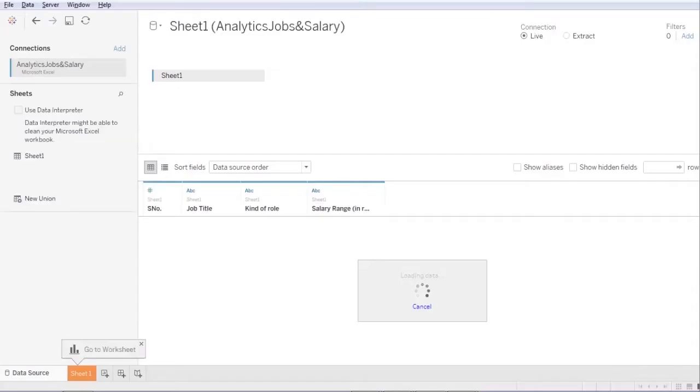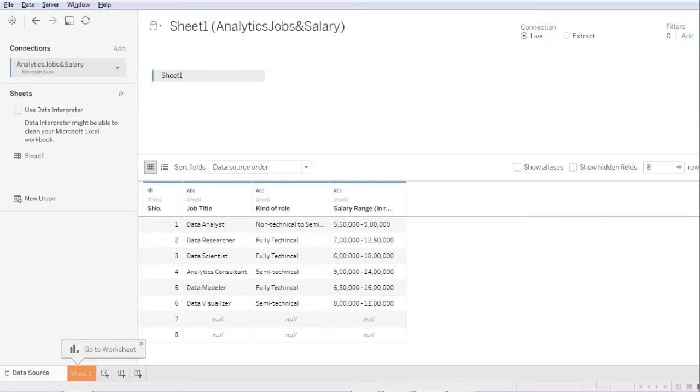So this is how it looks. This is the file I have imported. This is the data on the sheet, and these are the data sources. Now these are the data types which I have got. The data source basically had 8 rows and 4 columns, and the last 2 rows were blank.